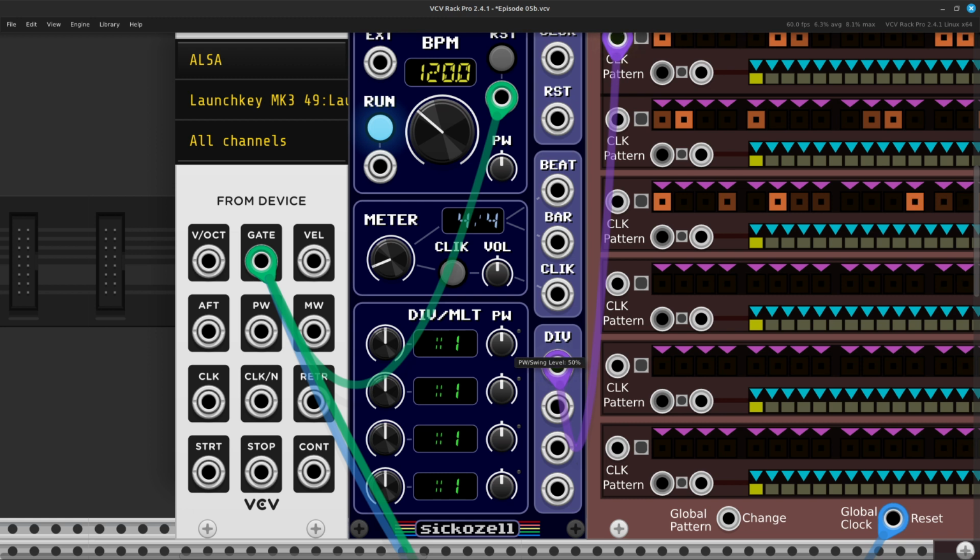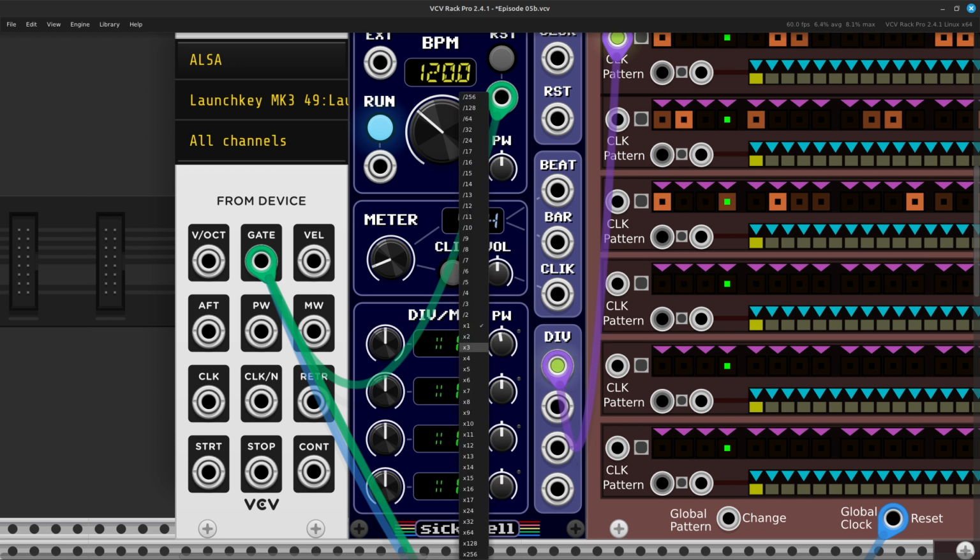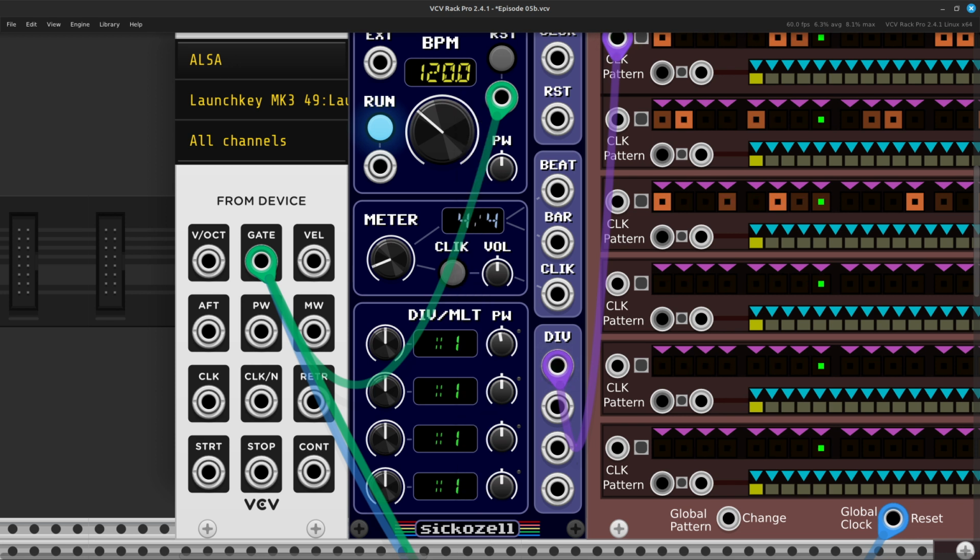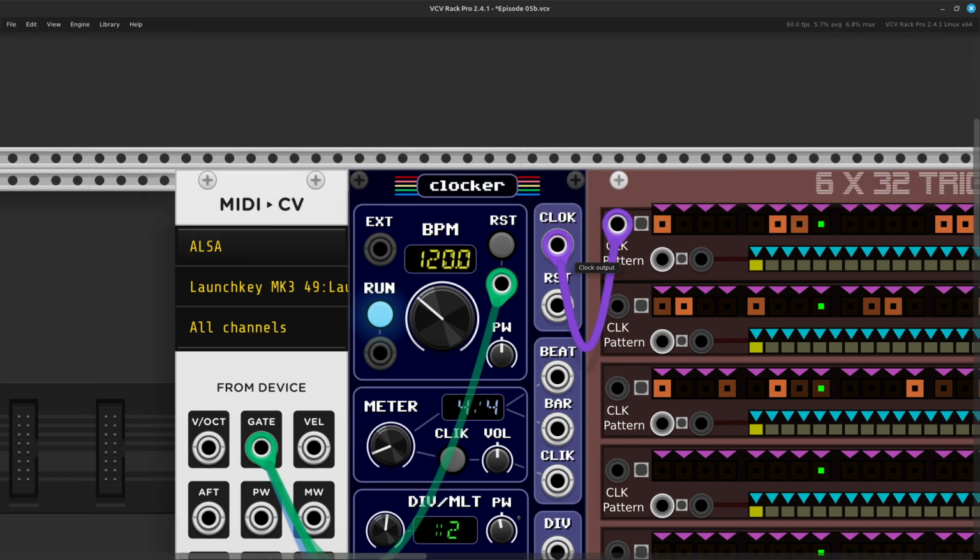This is just like the other module where you, what am I doing? That's the wrong thing. Oh, I think you right click on it. Can't I just type? Nope, you can't just type. This dial also works. There we go. Let's put it back to the other one, because if we want a nice little ambient groove,